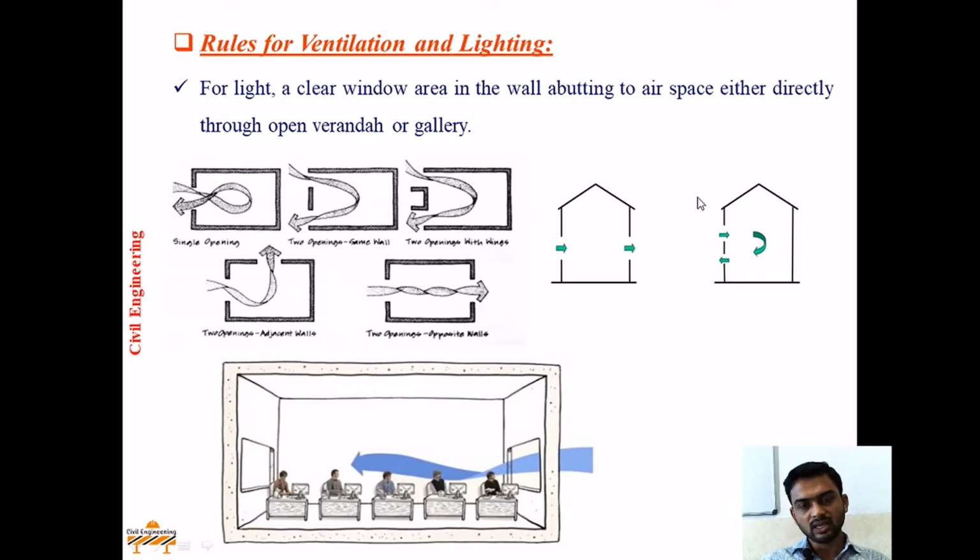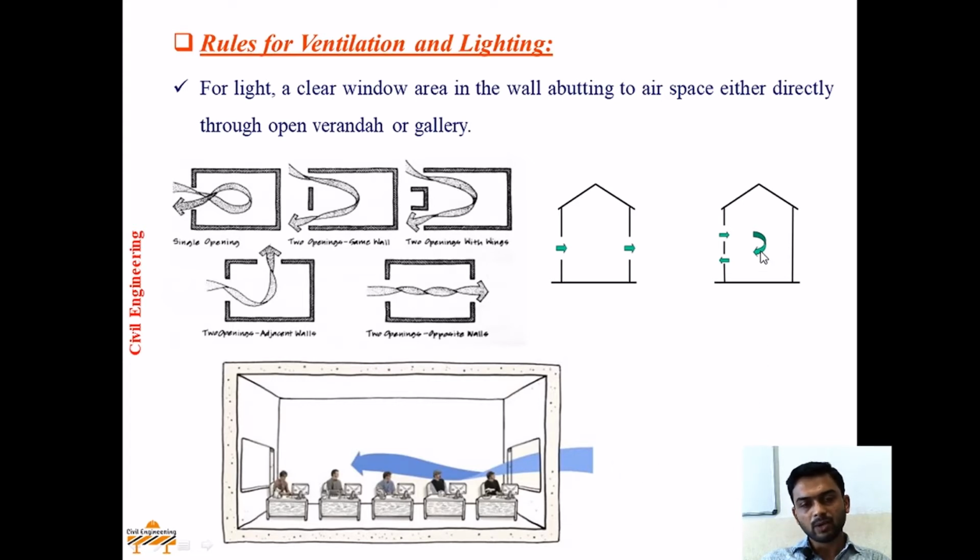Here you can see in this format or in this type you can provide the openings. Openings should mostly be provided for cross ventilation, that is, in opposite or adjacent walls, so that the entire area inside the room could be ventilated and lighting can be provided. Mostly openings are preferred depending upon the sun diagram or the direction of the blowing breeze. Depending upon the flowing wind, openings are provided.